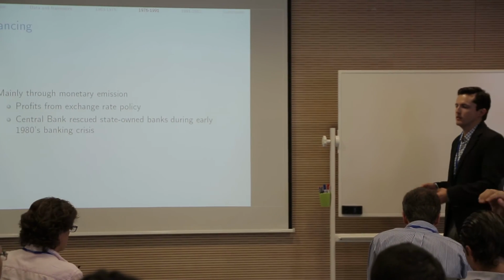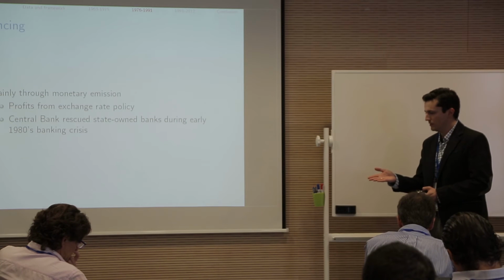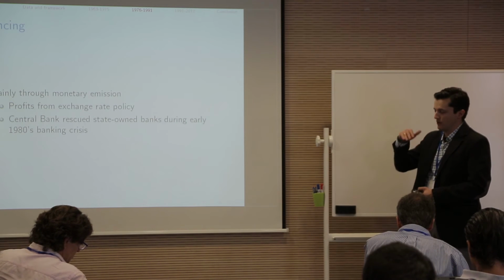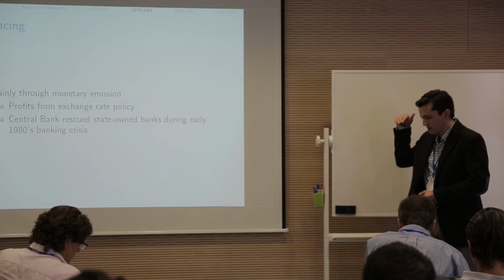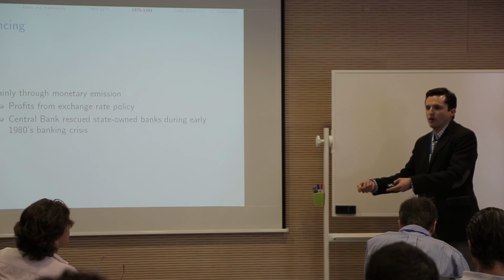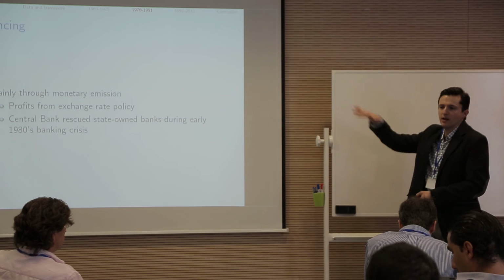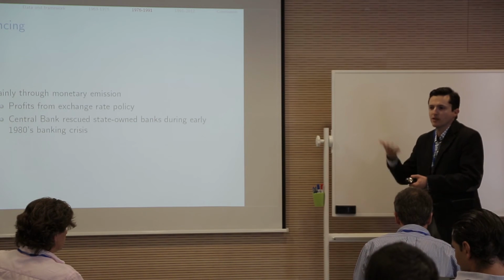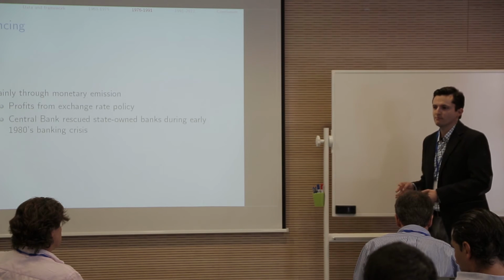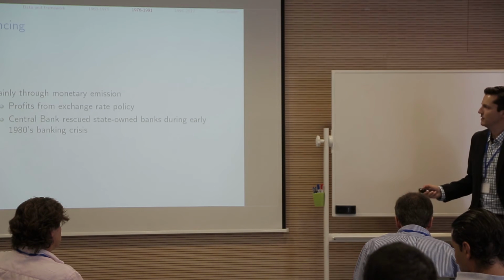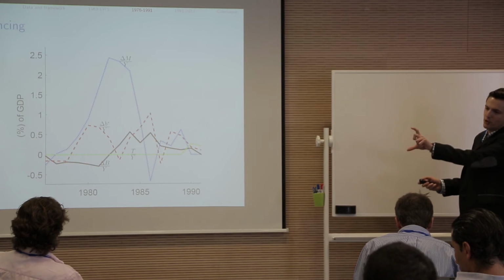So basically, especially during the coffee boom, when there were a lot of dollars coming into the economy, the central bank was still maintaining a crawling peg. So it was basically buying cheap dollars every time in order for the crawling peg to be sustained. Then that was just at the beginning. Then it